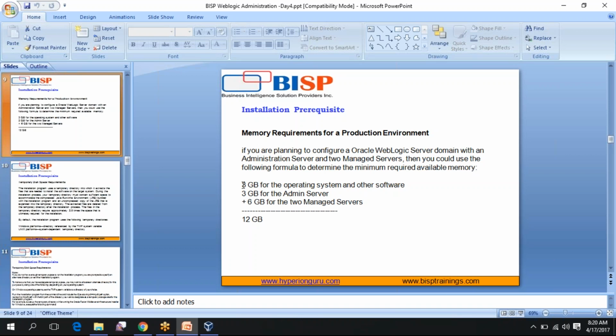How do I find out that one managed server will take 4 GB or 5 GB? That depends upon your application, the thing you deploy. When we go for a deployment, depending upon the kind of application,